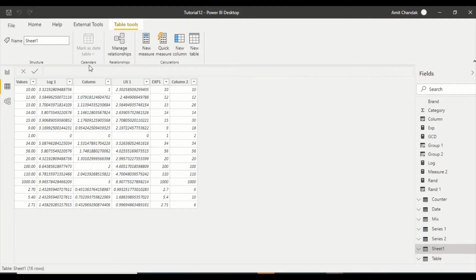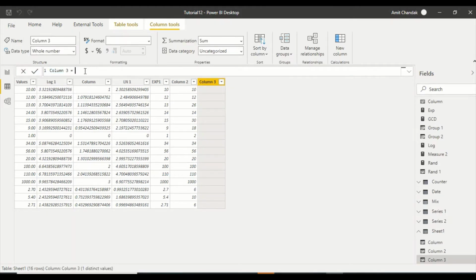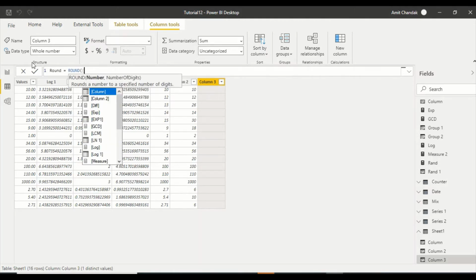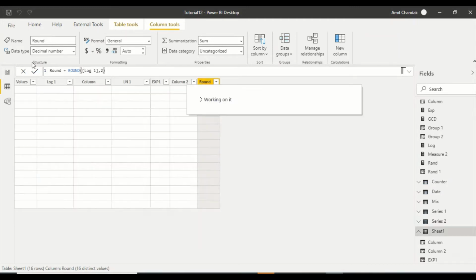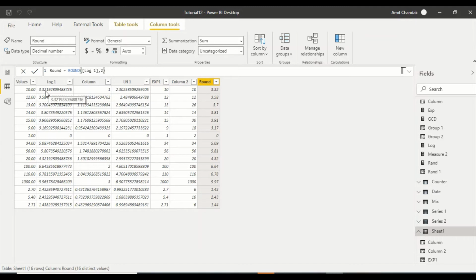Let's create a new column and call it round, and let's try to understand all three functions. So we say round, and we are going to say round of log1, comma 2. What we are getting is the second decimal place rounded. So this one has 4 after it, so it's not going to get rounded up. This is already 0, so let's look at this one, this is 1. Okay, 0 7, so we got 1. So it rounds to the next decimal place depending on the value.